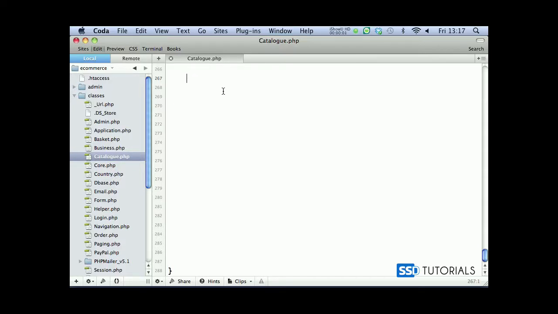Next new method inside of the catalog class is called isDuplicateProduct. So public function isDuplicateProduct, and we pass in the identity as the first parameter, by default null. Then we have ID, by default null. Now inside of this isDuplicate, we check if is an empty